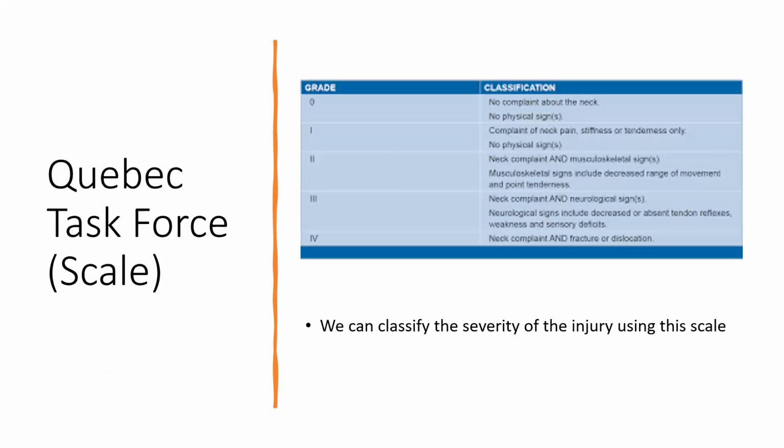So I'm just going to briefly go over this. This is the Quebec task force, and this is what we use as a scale to classify or assess the level of injury. You don't need to consider this too much. This is more just for our reference, but just to give you an idea of how we're looking at things. A low grade is maybe no pain or very little pain, and you start to get a bit of stiffness, maybe a bit of tenderness when we come to feeling around the neck,